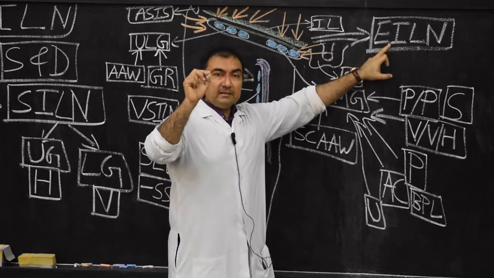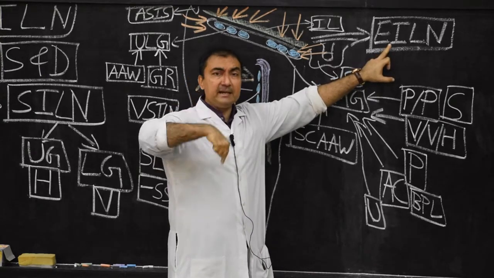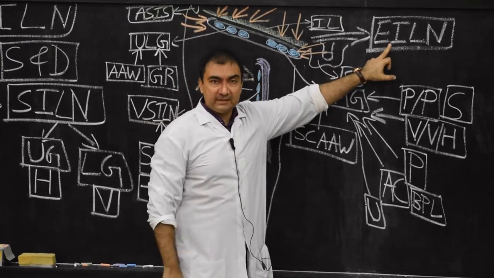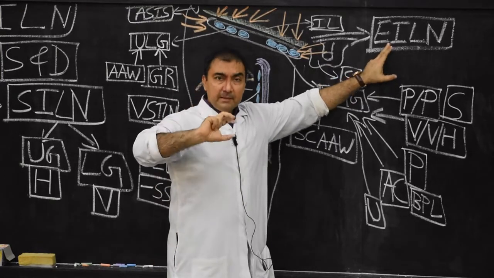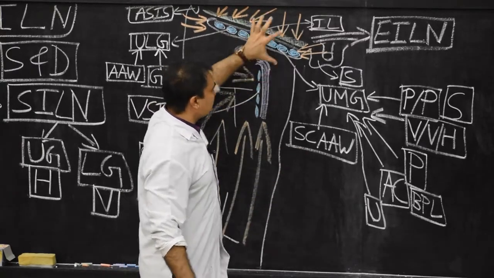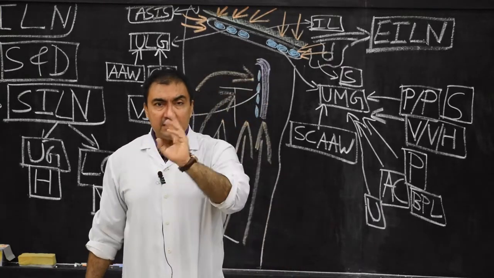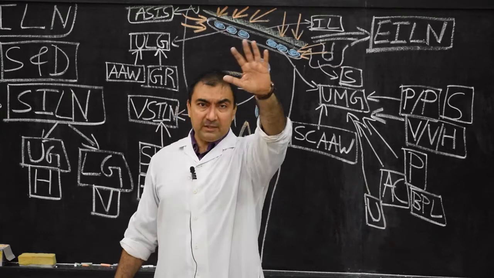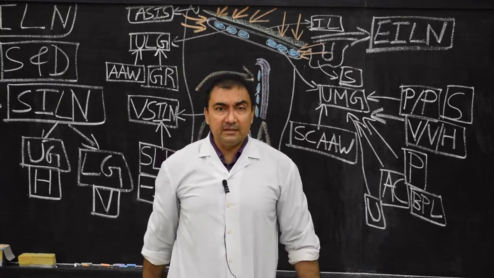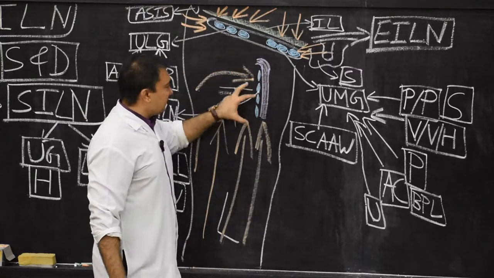drainage will be either they will pass through the femoral canal, or they will pass directly in front of the femoral canal, or they will pass lateral to the femoral vessels. This is how their pattern of drainage will be. The pattern of drainage of this superficial group of inguinal lymph nodes into the external iliac group of lymph nodes will be number 1 through the femoral canal, number 2 in front of the femoral canal directly, and number 3 lateral to the femoral vessels. So here we finish the superficial inguinal group of lymph nodes.